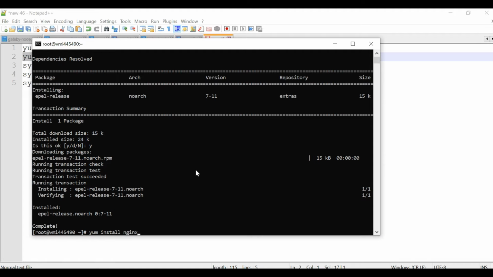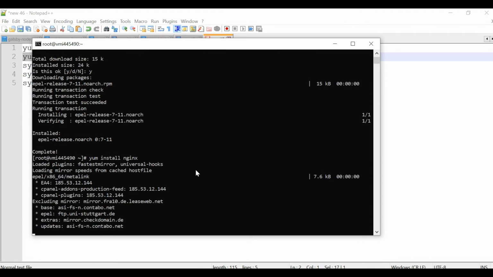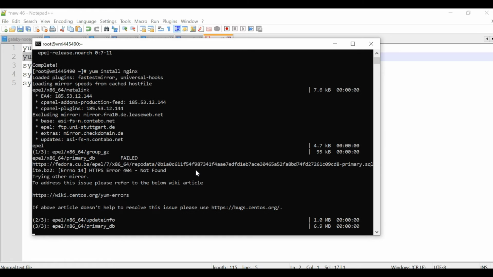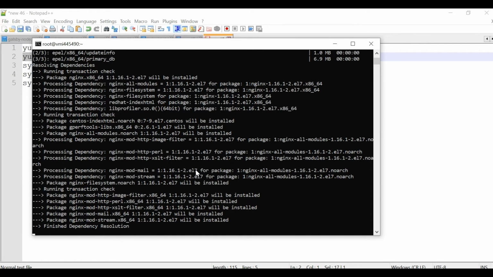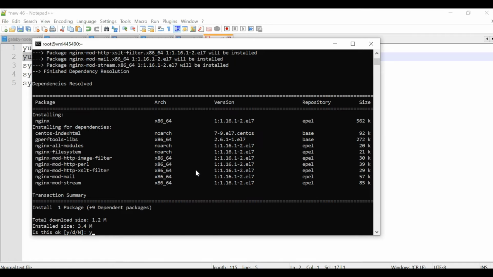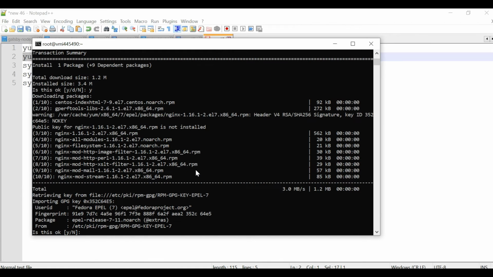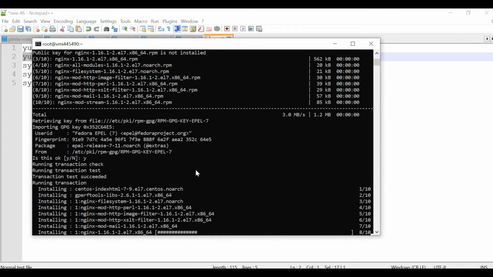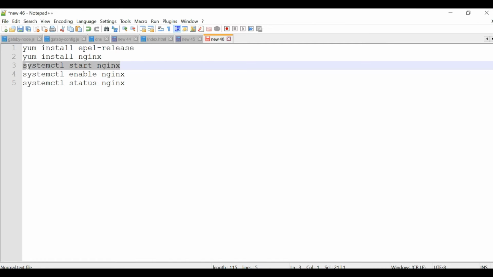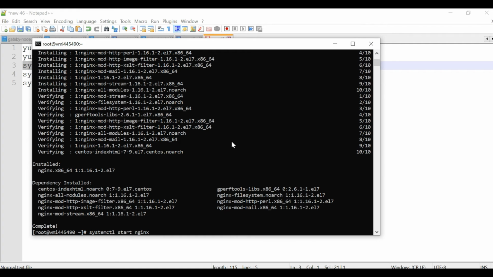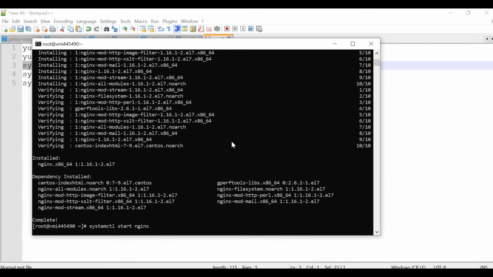So just install it. Run this command. This will start the Nginx process.